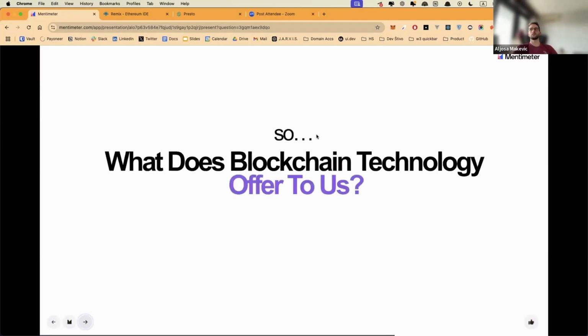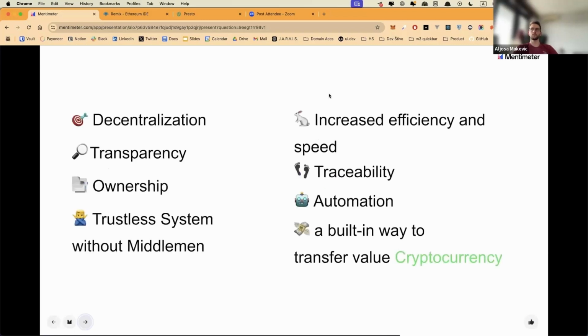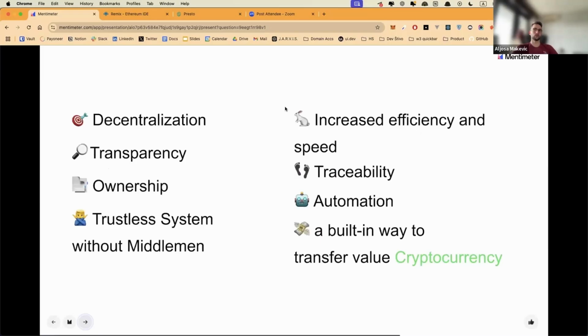So when someone asks what the blockchain offers us as a technology, so many things. Now you realize decentralization is a key component. Transparency is a key component because for any transaction, any smart contract code, anybody can look up any single thing or wallet.